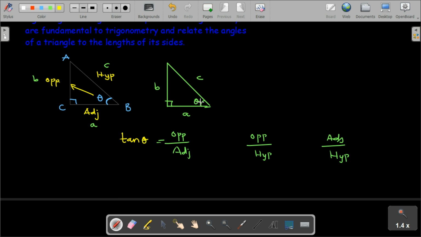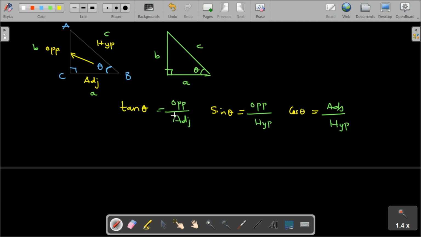Of the angle indicated here in this context, theta. While the ratio of opposite to hypotenuse is the sine of the angle, and the tangent, the last one, adjacent to hypotenuse, is the cosine of the angle given. There's a common mnemonic that we use for remembering the common trigonometry ratios, which is